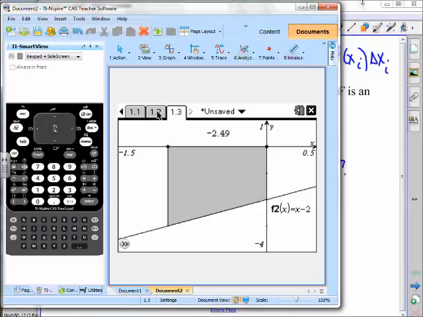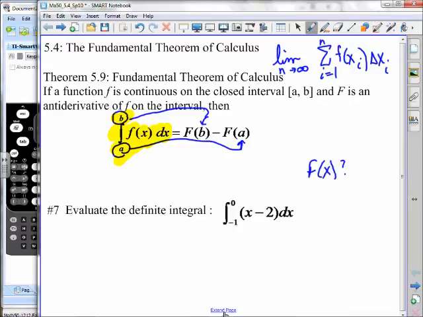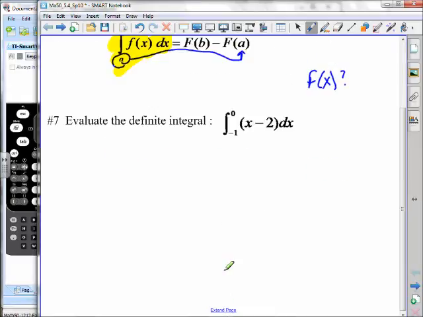Okay, so we know what answer we should be going for. It may not be exactly, it may be negative 2.5, but at least we know we'll be in the ballpark. So let's use our analytical work here. And the first thing we have to do is to decide what is the antiderivative. So we have the integration from negative 1 to 2 of x minus 2 differential x is,